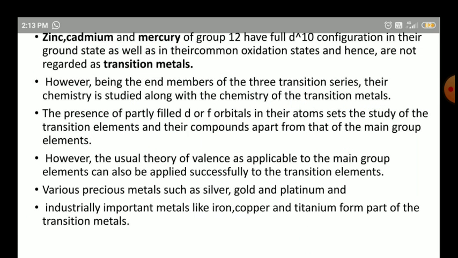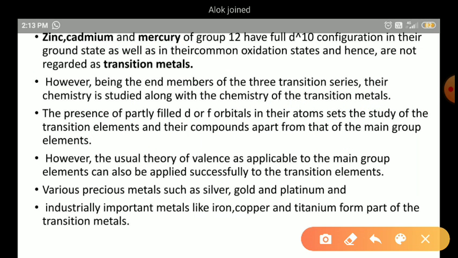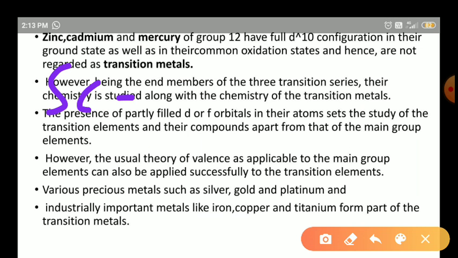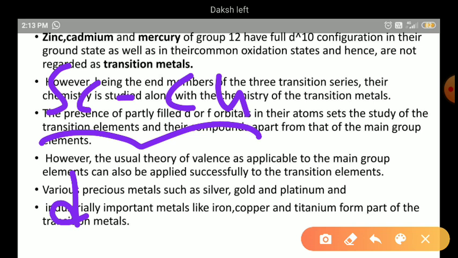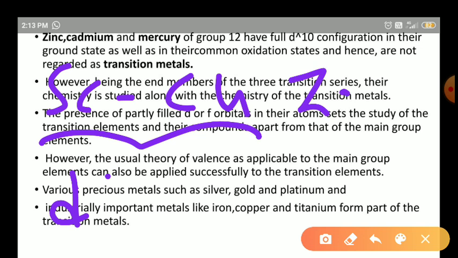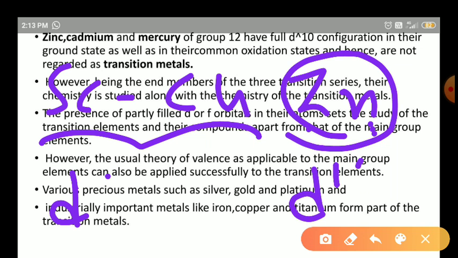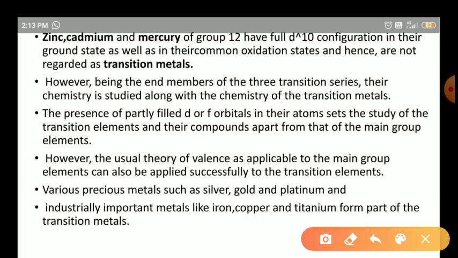Non-transition element, because among the d block elements, from scandium to mercury, the d orbitals are incompletely filled. The next is the zinc element, in which the electrons are completely filled. So that's why zinc, and the 4d series last element cadmium, and the 5d series element mercury, have d orbitals completely filled in the ground state. So these are the non-transition elements.